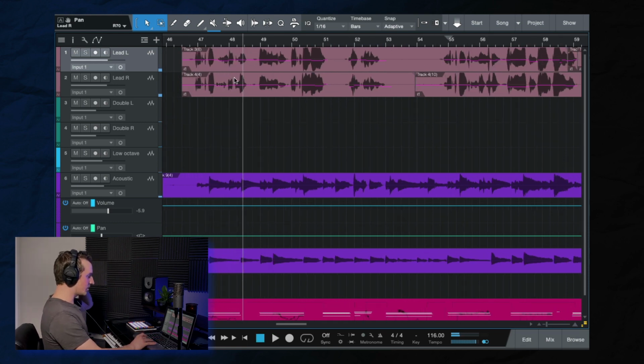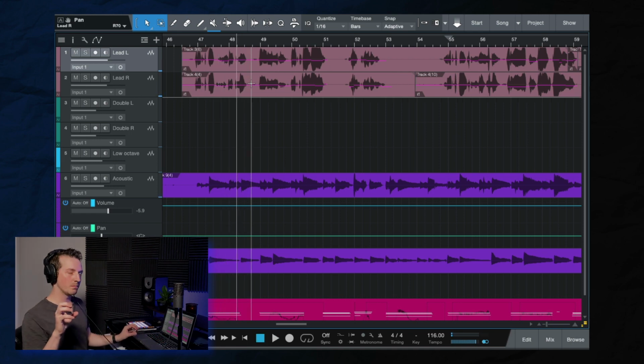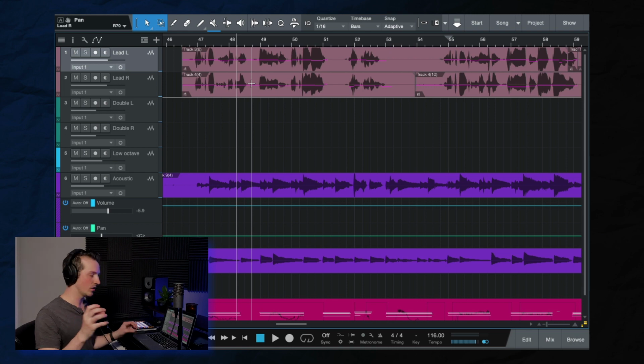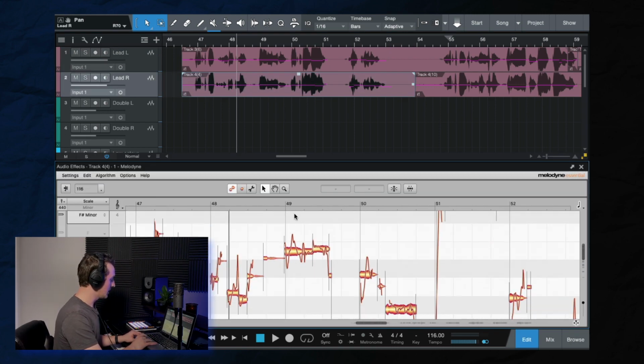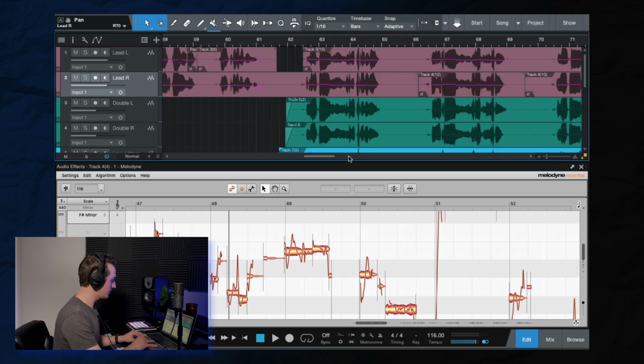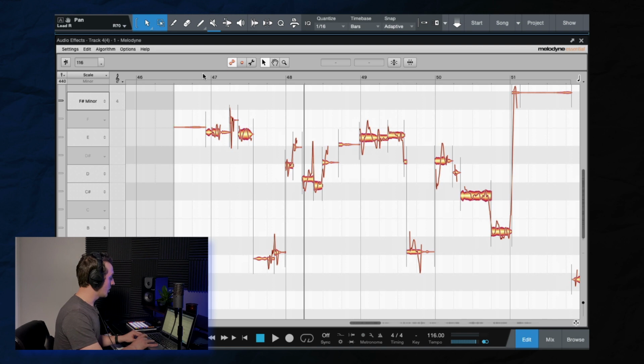I think I want to fix that. So you have the open, you have me saying the word open a bit early on the right side. So I'm going to go in here to Melodyne. Let me pull this up. There we go. Okay, so